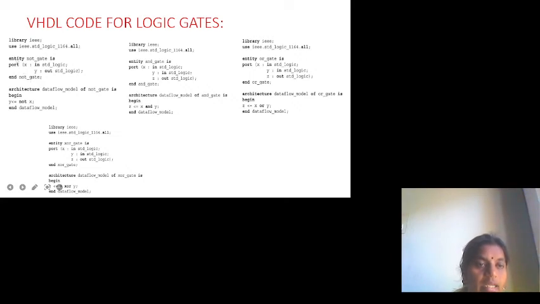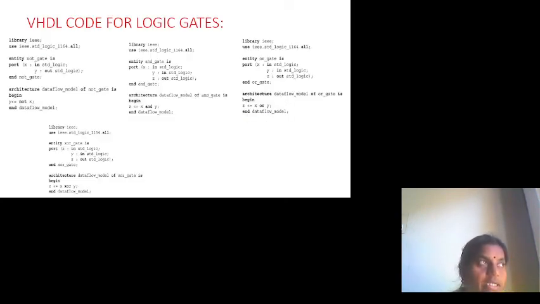Say entity name means NOT underscore gate, I have given it as entity name. So entity NOT underscore gate is, the syntax for writing the entity is entity name is. So now I have included an entity name as NOT underscore gate. So now entity name is can be represented as entity not underscore gate is.